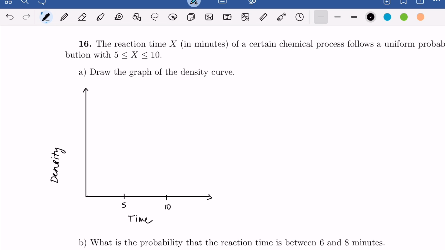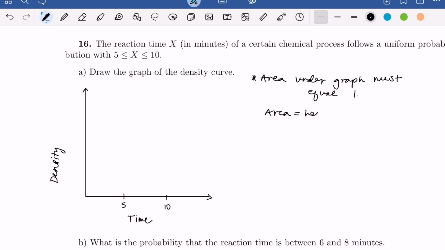When we draw the density curve, we are drawing a rectangle whose width is given, in this case 5, and whose height must be a certain value that will make the area under the graph equal to 1. So the area under the graph must equal 1. We know the area of a rectangle is height times width, and in this case the width is 5, since our given interval is from 5 to 10. So that means the height must be